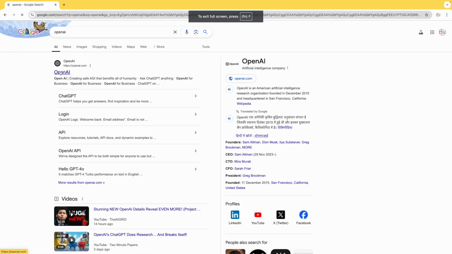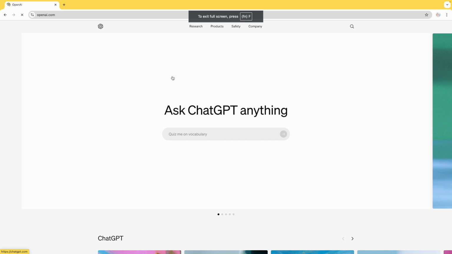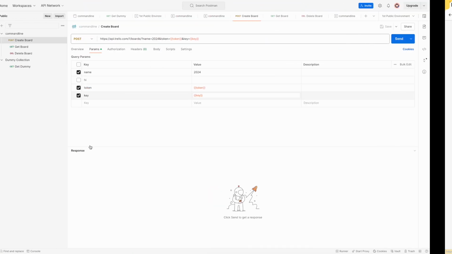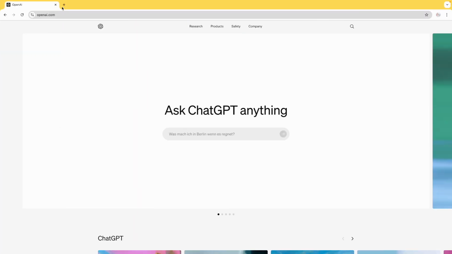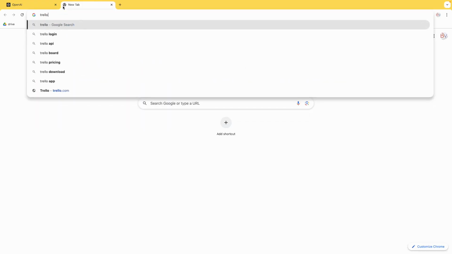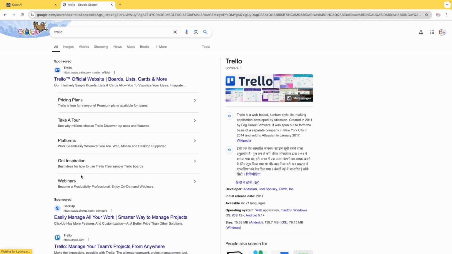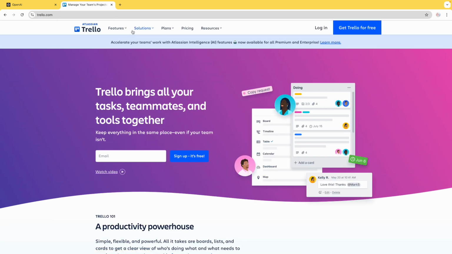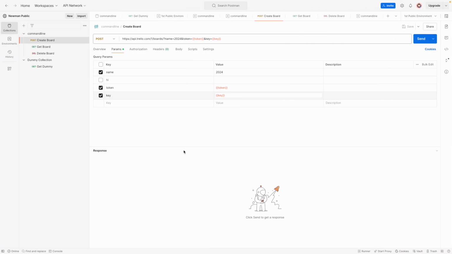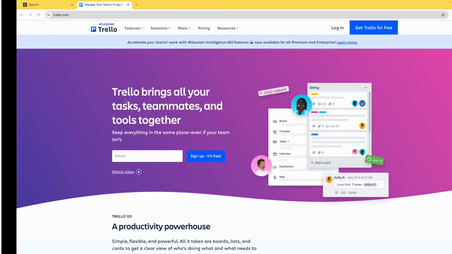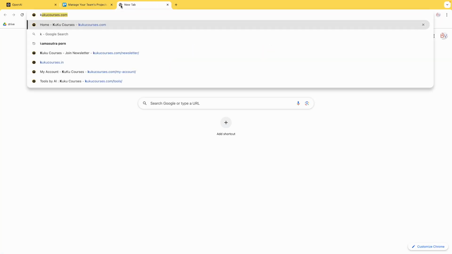Okay, it can be the OpenAI company. If you want to go with a real example, how to use their API key with Postman, or if you want to use Trello, which is a very popular, easy-to-use project management tool. If you want to work with a real-life example of this Trello API with your Postman, these are some advanced topics, and for that we suggest you go to